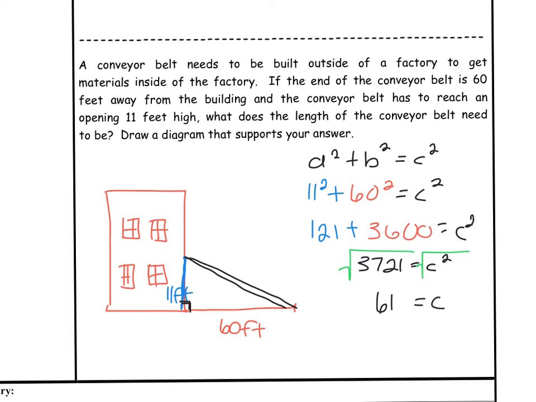So to answer this question of what does the length of the conveyor belt need to be, since this is a word problem, let's make sure that we answer in words. So the conveyor belt needs to be 61